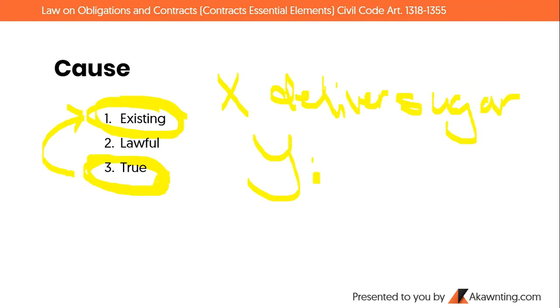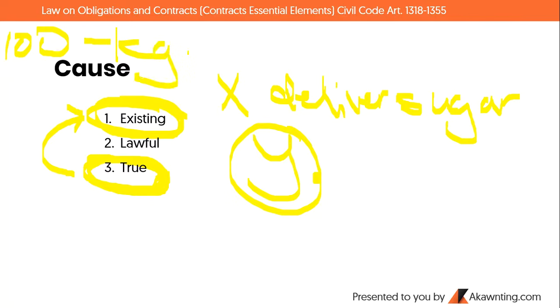Kasi, yun nga, nagbayad si Y. Nagbayad si Y, let's say, ng 100 pesos per kilo ng sugar. So, yun yung cost daw. So, in here,